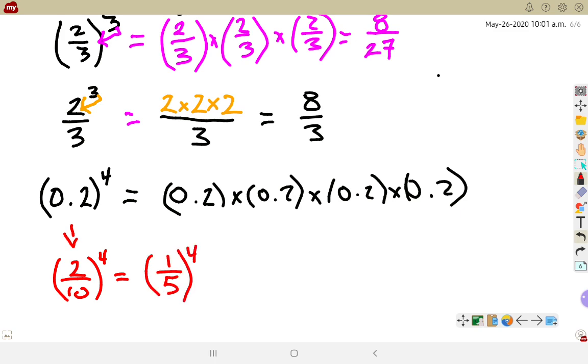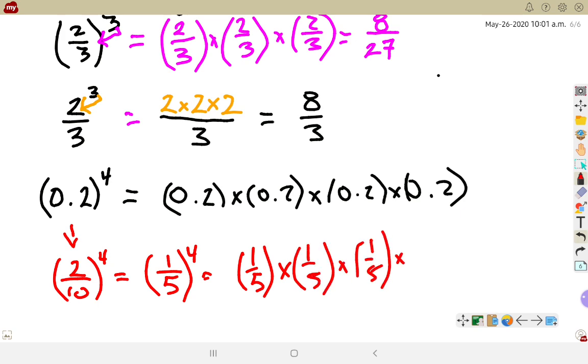And 1/5 to an exponent of 4, well now that exponent of 4 is touching the brackets, so everything in the brackets is repeated, and that's 1/5 times 1/5 times 1/5 times 1/5. 1 times 1 times 1 times 1 is 1, and 5 times 5 times 5 times 5, I think I said 4 of them, is 625. Okay, so I'm able to do that calculation much more simply than I'm able to go 0.2 times 0.2